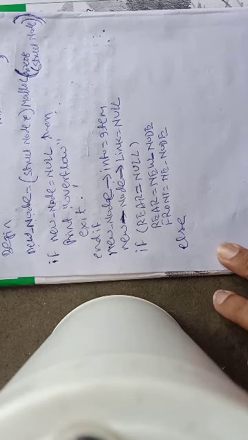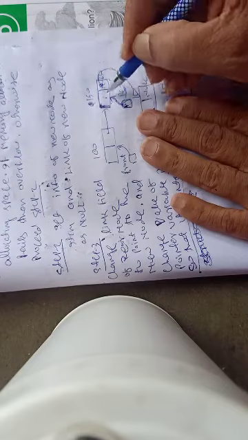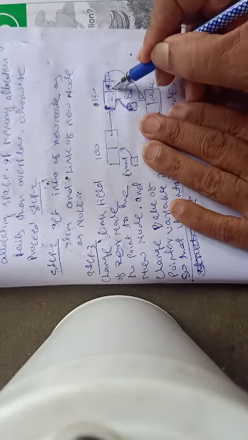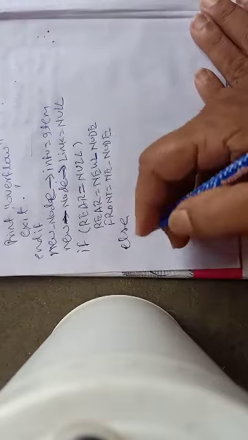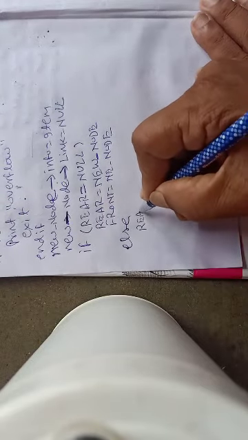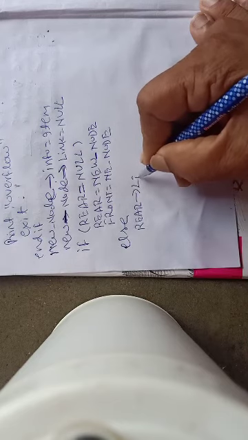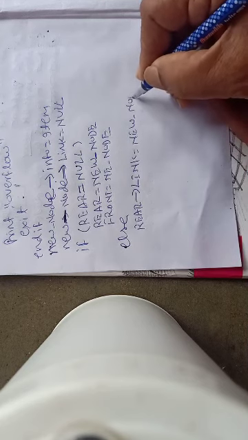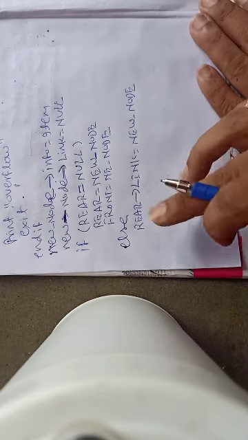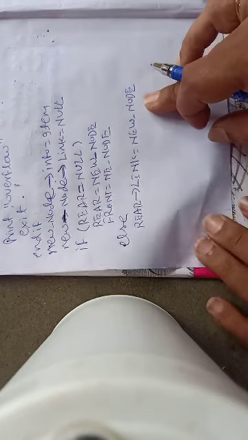So what changes should I make? The node which is currently pointed to by rear, if this is the current rear node, then its link part, which was null, must point to the new node. So I must write here: rear of link is equal to new_node. So the link part of the rear node now contains the address of the new node.